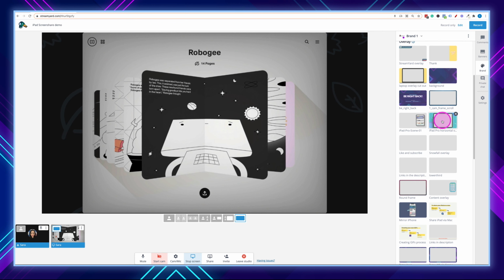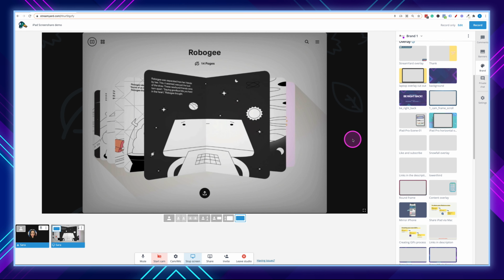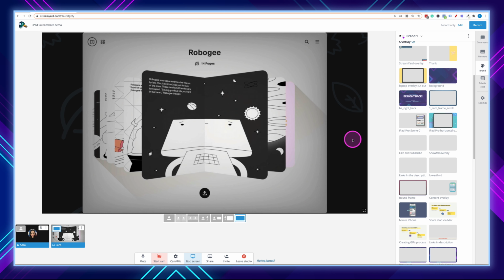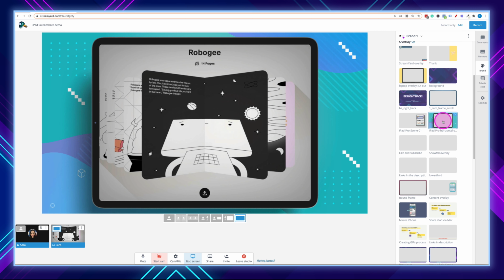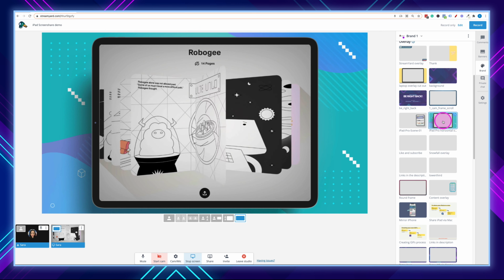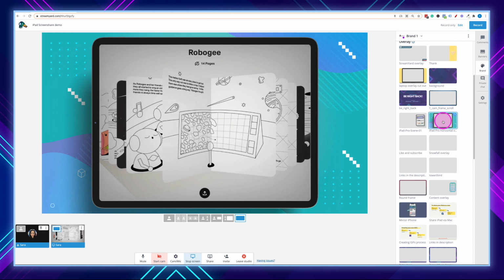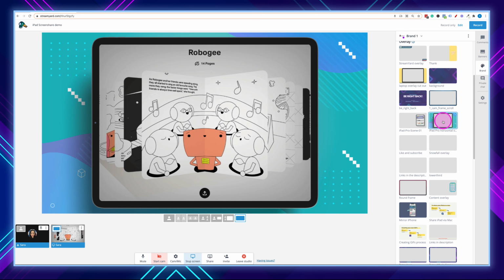Now, depending on the layout that you're using, your iPad screen probably won't fill the entire live stream screen. So you'll probably be able to see spaces or the background on either side of the iPad. One of the things that you can do to address this is you can add an overlay. So I've had an overlay created, which I can apply to the actual live stream, and it will cover that space and give that beautiful iPad looking feel so that everything feels a bit more seamless, and it's just a beautiful look that you can add overall.